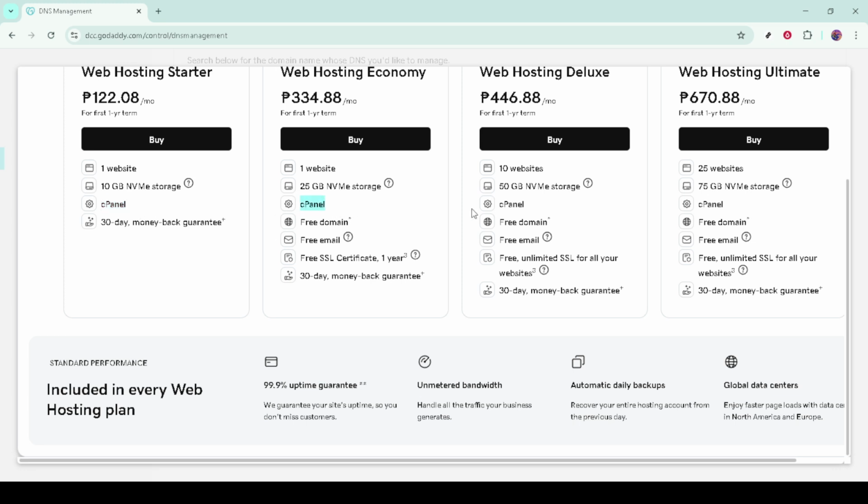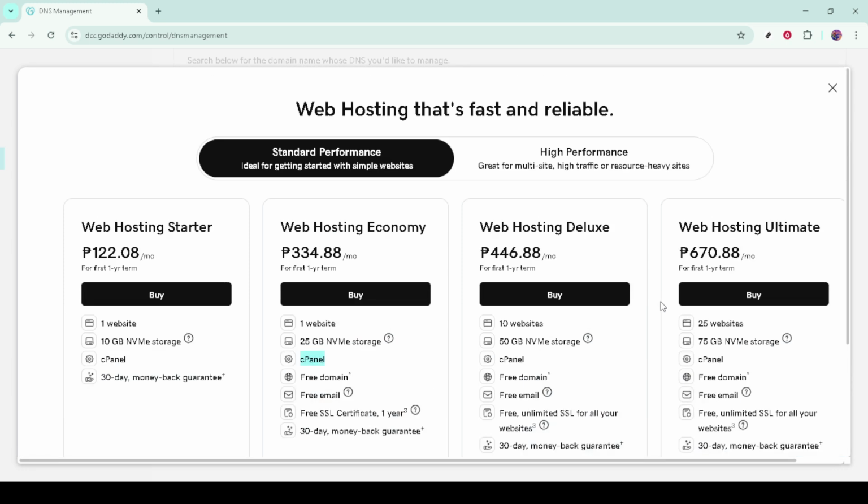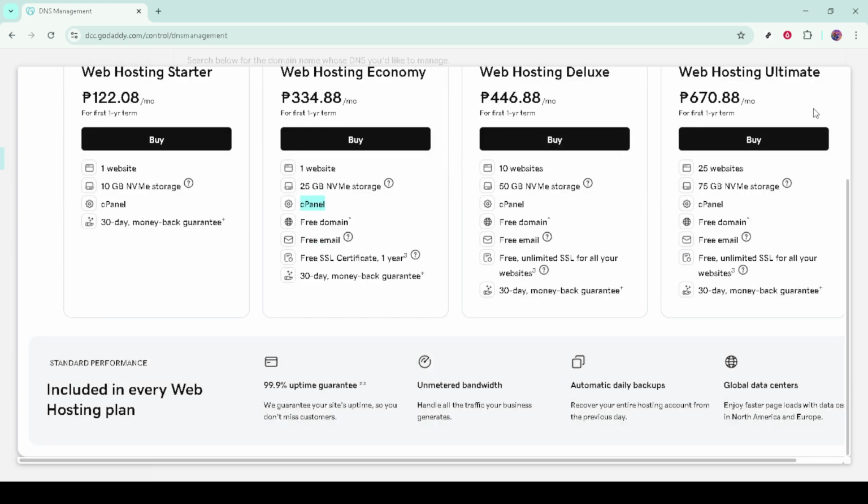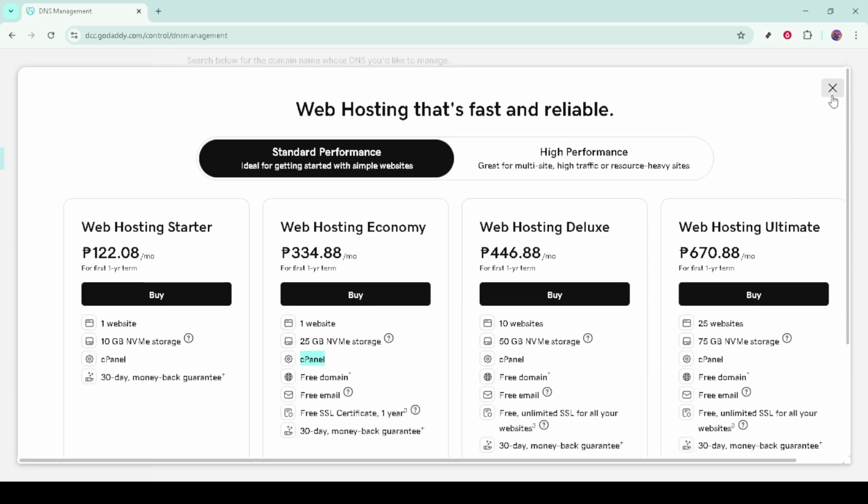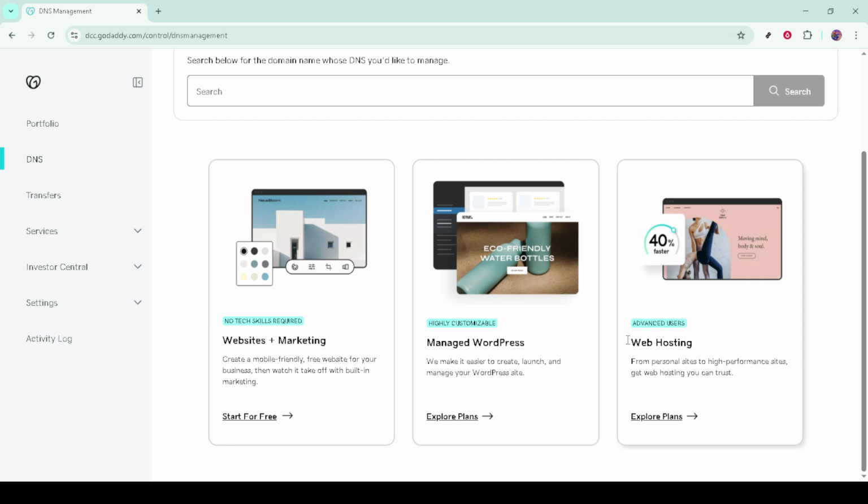You're now inside cPanel, where you'll see familiar tools like File Manager, phpMyAdmin for databases, email accounts, metrics, and security options. From here, you can continue with whatever task you planned, whether that's uploading site files, creating a database, or managing email. To recap, sign into GoDaddy, go to My Products, find your web hosting with cPanel plan,